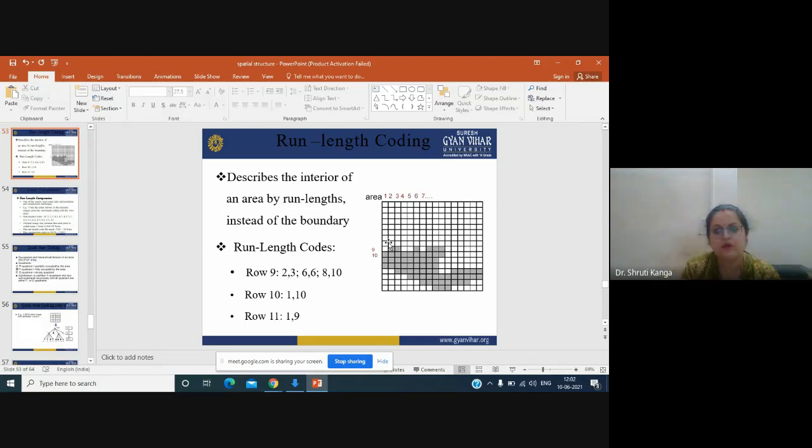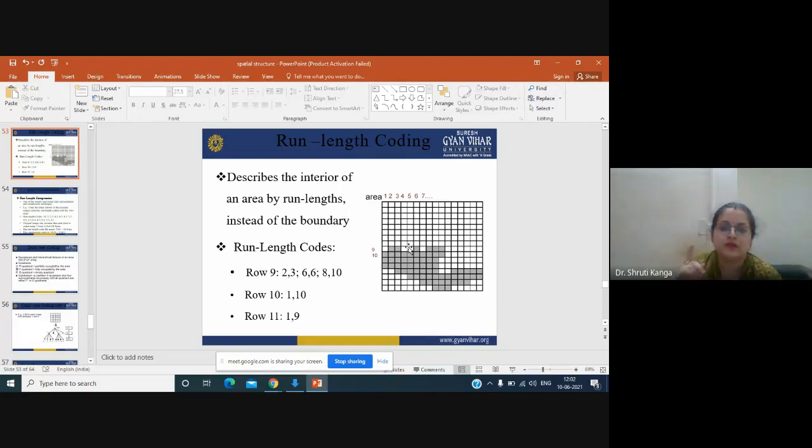So the coding will be done from row 1 for each and every pixel till row 8 its value is 0. फिर in case of row number 9, what will happen, for pixel 1 it is 0, pixel 2 it's 1, ठीक है, 3 it's 1, then 4 it's 0, 5 it's 0. So each and every pixel, ठीक है, value will be calculated for each row. Okay, so that coding is known as pixel by pixel coding.